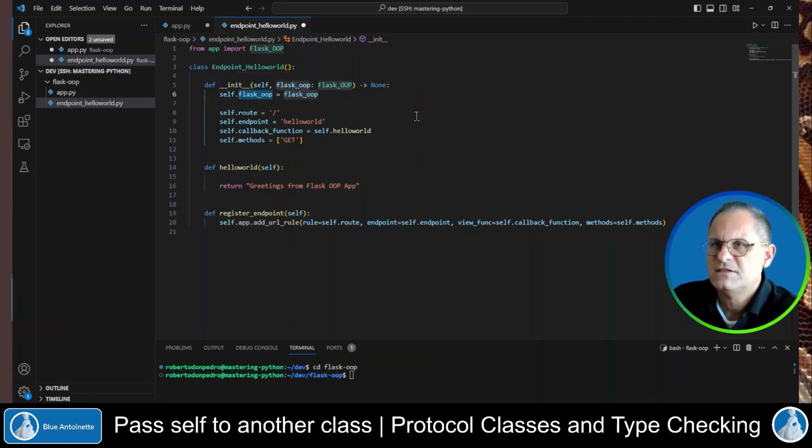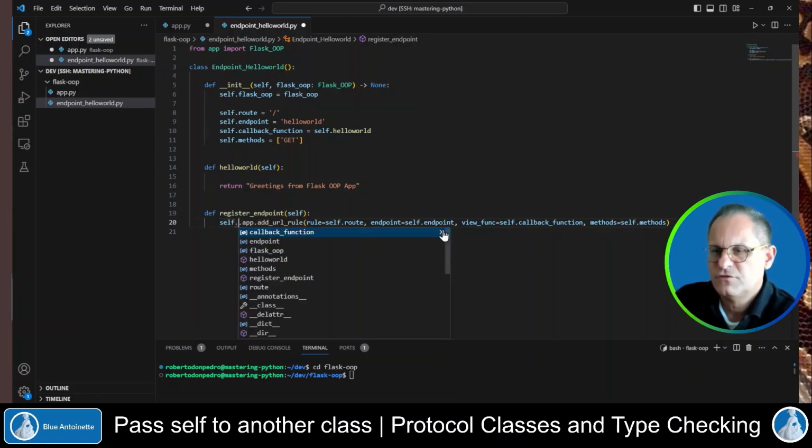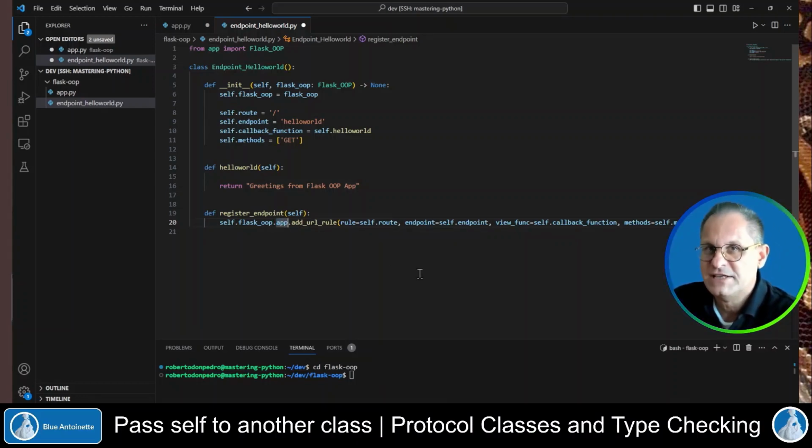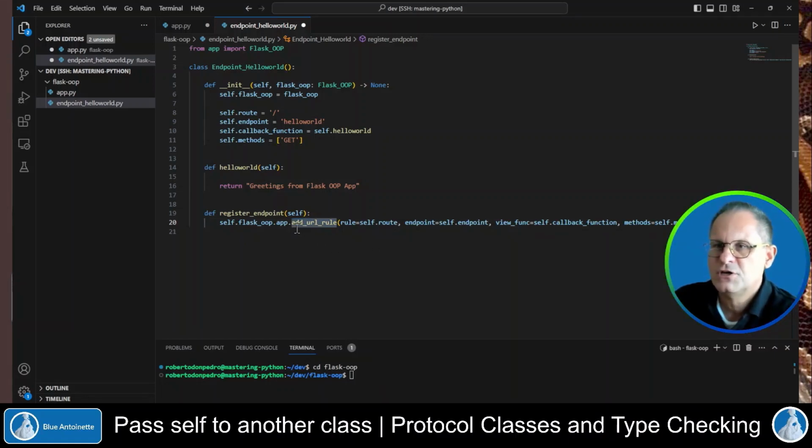Then we can take this Flask OOP variable and use it in the register endpoint function as follows. Self.flaskOOP.app, which now contains the Flask app, and here we can call the add URL rule function of the Flask